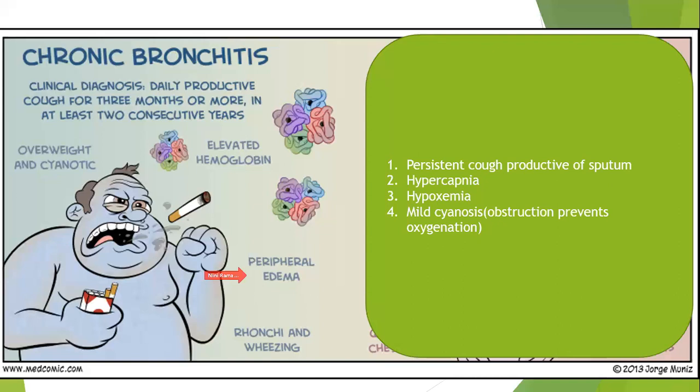Also, because of pulmonary hypertension, there is reduced left ventricular outflow. Because of reduced left ventricular outflow, your renin-angiotensin system gets activated and causes salt and water retention in the kidney. So that also contributes to your peripheral edema. Why is there rhonchi and wheezing? Because there is obstruction, there is mucus plugging, there is fibrosis. So when air passes through that, there will be rhonchi and wheezing.